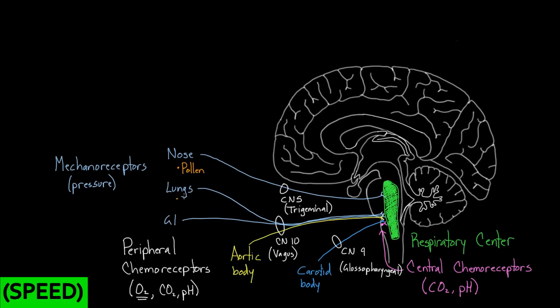Similarly, in your lungs, let's say you actually inhale some cigarette smoke, and let's say the lungs don't like that, and the mechanoreceptor feels that little particle, it's going to trigger cranial nerve number 10, the vagus nerve. Similarly, you have these stretch receptors that are in the lungs. These are actually kind of interesting because what they're doing is they're saying, hey, these lungs are starting to get really, really full, really distended,